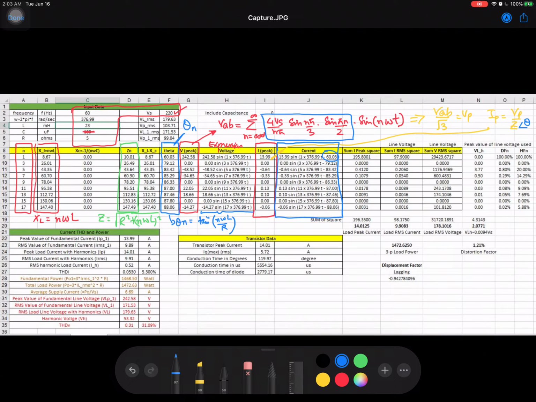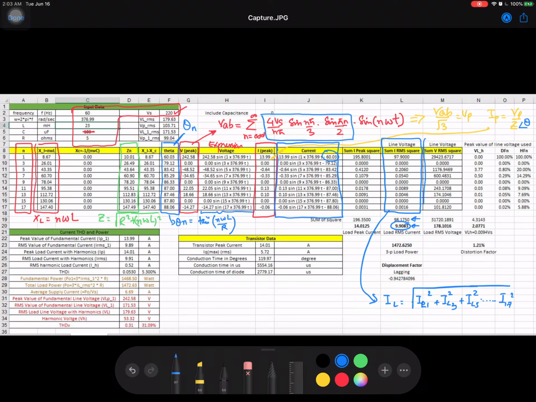And then I have calculated the RMS current by taking the square of the individual harmonic RMS currents, then summing them together and taking the square root. So this is the load RMS current. IL, I can write it like that, is IL1 fundamental component plus IL3 third harmonic component plus fifth harmonic component and so on up to the seventh harmonic that we are considering in this example. So I have calculated the load RMS current.